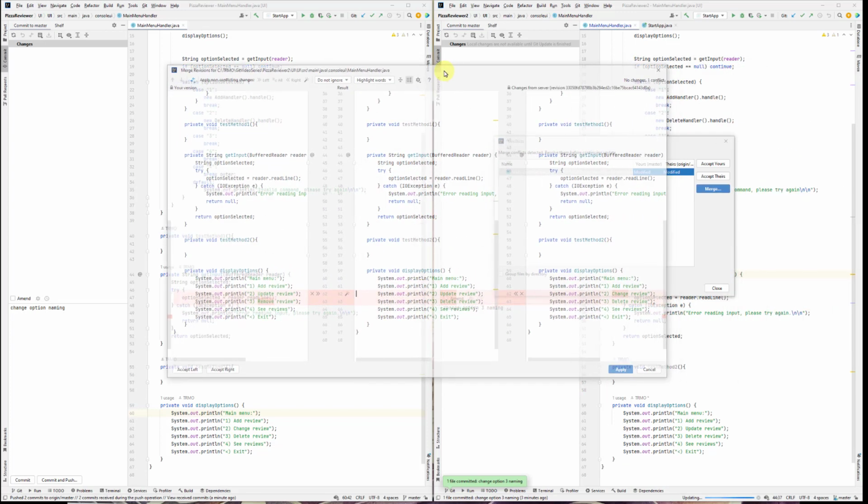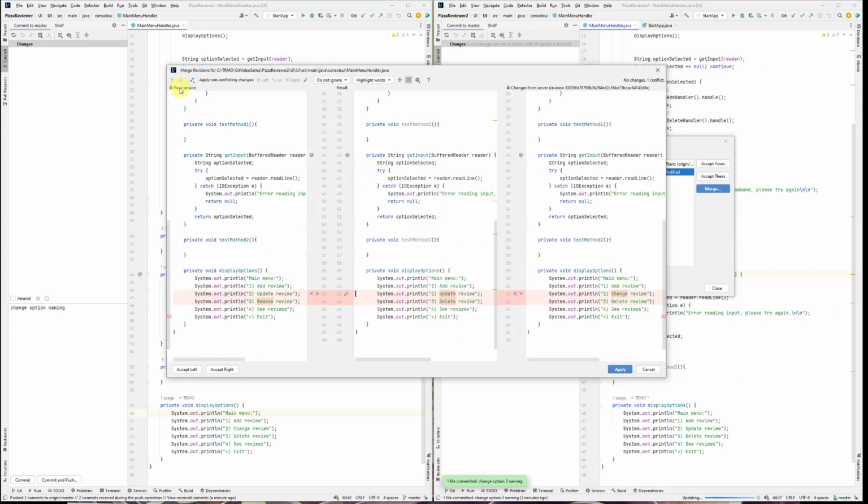Okay, wonderful. This is the window I was aiming for. So I have my version on the left hand side. This is what I have locally. I have the incoming version on the right hand side. You can see change, review and delete. So that's the, well, it doesn't really match now, but my local version and incoming version, and this is